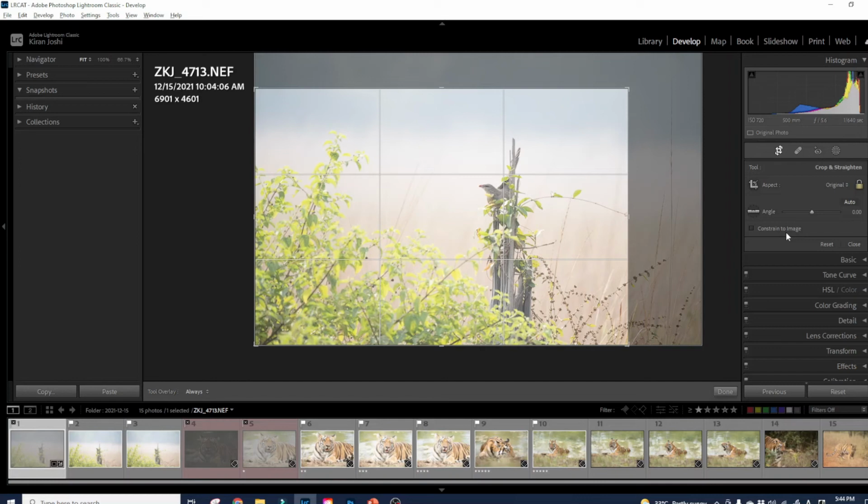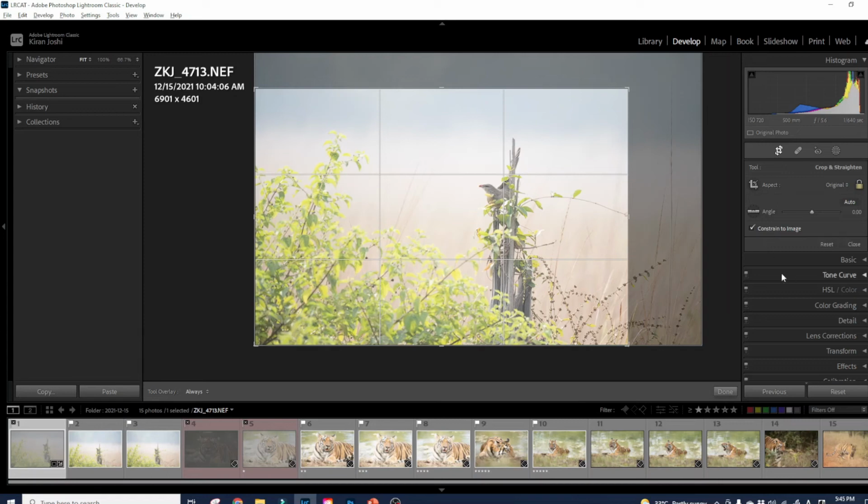To get rid of those blank pixels, we can use Constrain to Image. The majority of the time this really doesn't come into the picture, but at times when lens correction is being applied, where you can see a separate tab over here, if we enable this, we will be able to avoid those blank pixels in